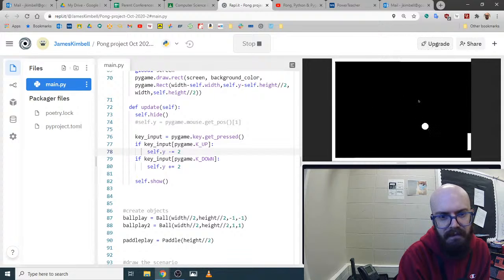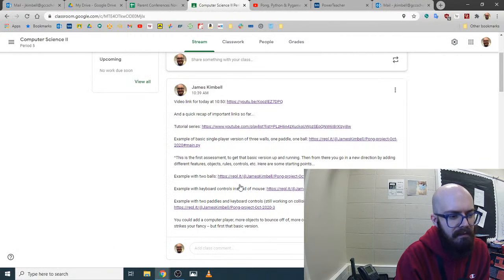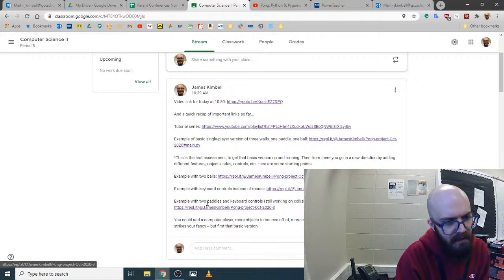Look at that weird bounce. It sort of dragged along the paddle for a minute. We got to look at the collision in more detail. And I think Python or Pygame has some built-in collision physics. We might take advantage of those rather than trying to start from scratch, but I do like the idea of starting from scratch. So finally, I got to my goal, which was to have 2 paddles and the keyboard,